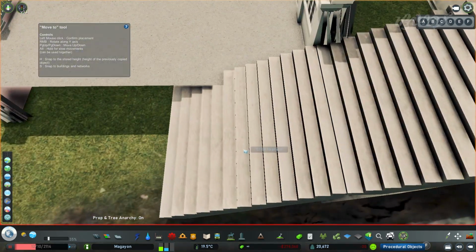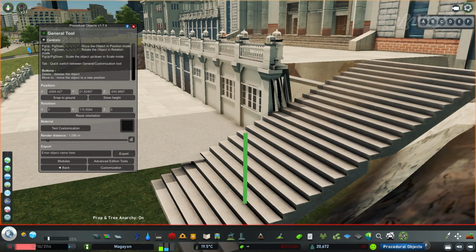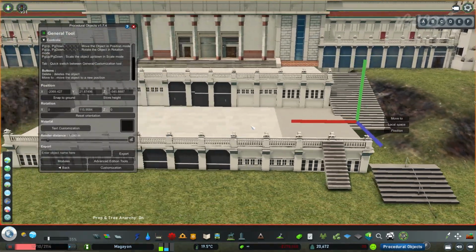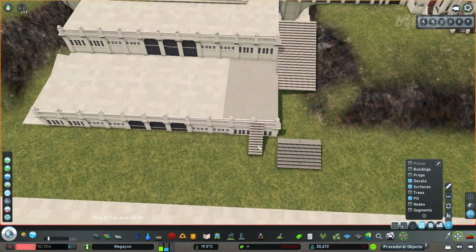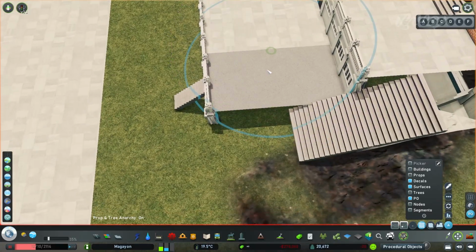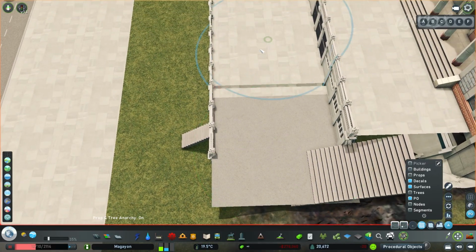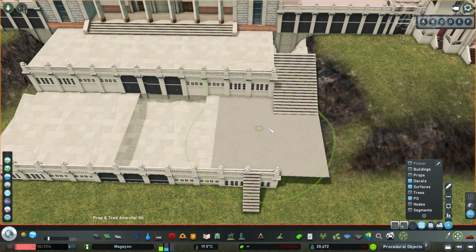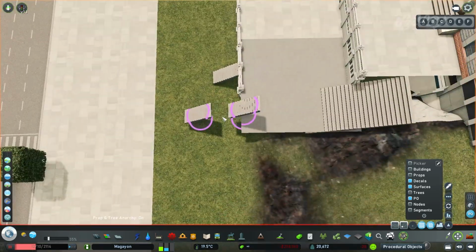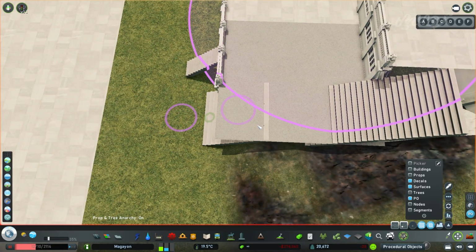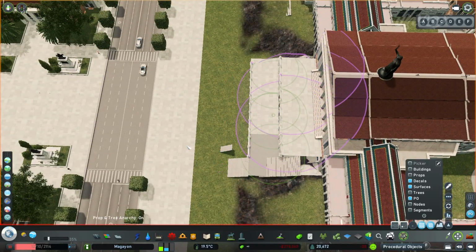I'm also POing it to make it wider and also to change its slope because the original one was a little bit small and it was basic. I wanted to give it a much wider run and a lower rise, making the slope smoother because it's much easier on the knees.